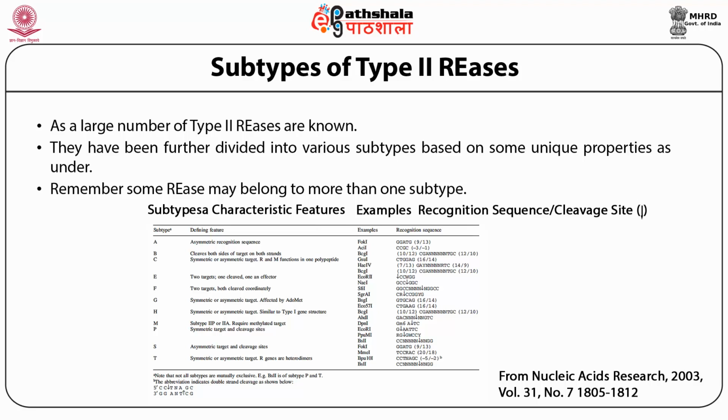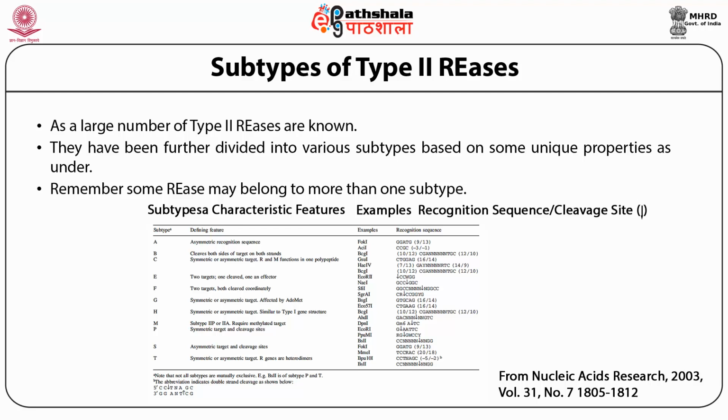Type 2M is a subtype of 2P or 2A, and requires a methylated target, such as DpnI. Remember, most of these DNA-cutting restriction endonucleases recognize and cut unmethylated substrates, but DpnI